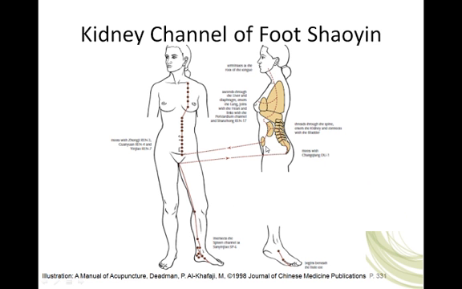The kidney channel of foot Shao Yin begins on the bottom of the foot, just below the base of the little toe. It traverses the plantar surface of the foot, where it emerges again at kidney 2, just inferior and posterior to the navicular bone, the navicular tuberosity. The channel then ascends behind the medial malleolus